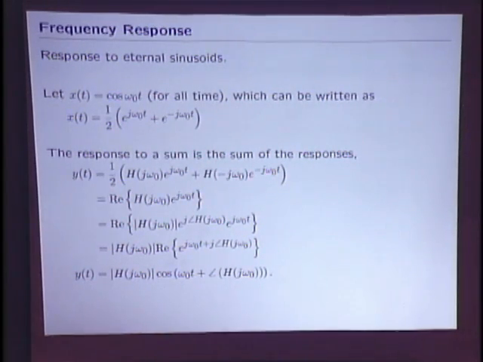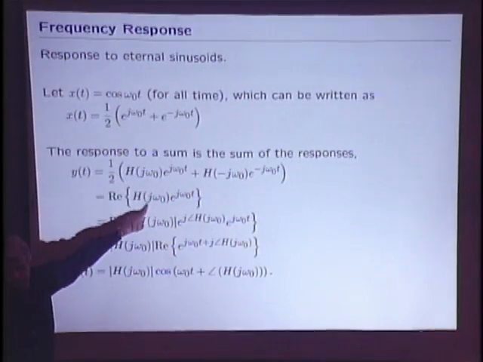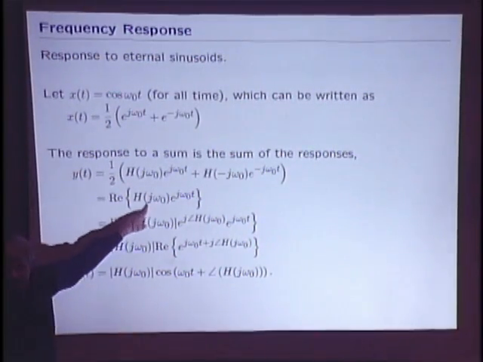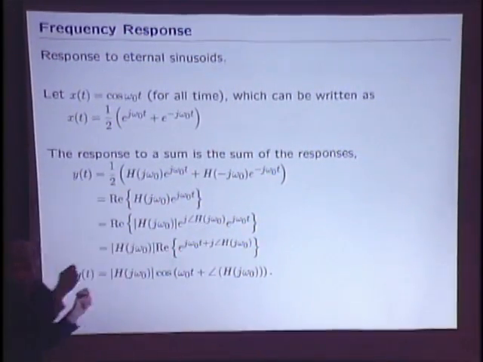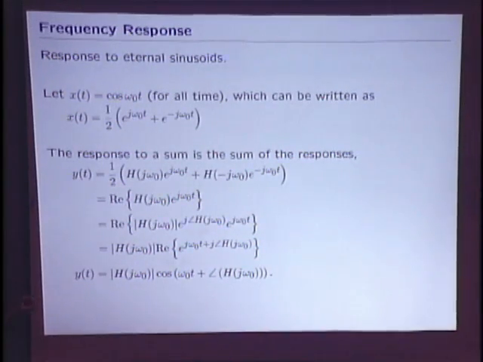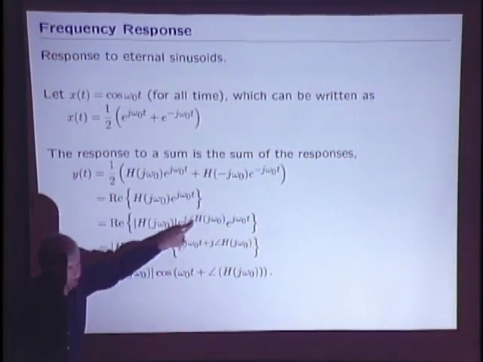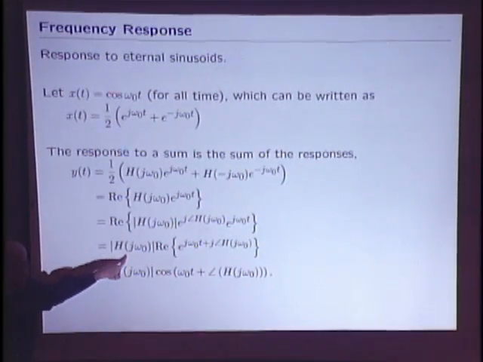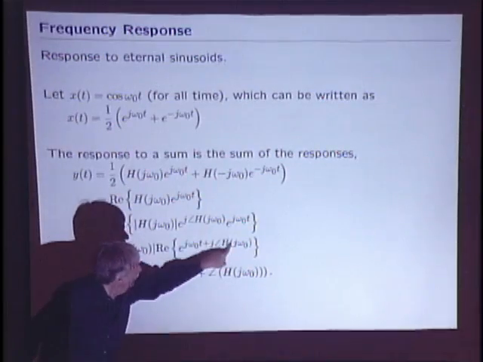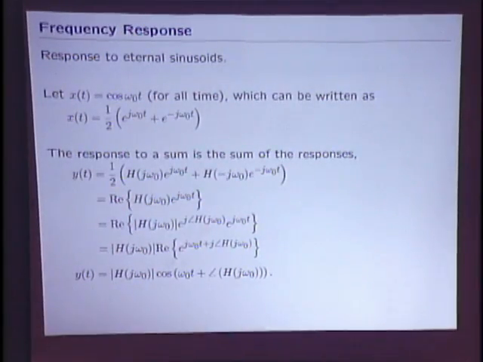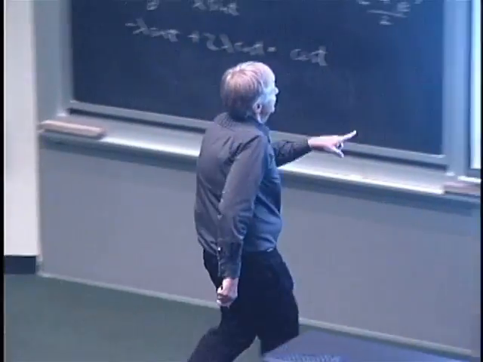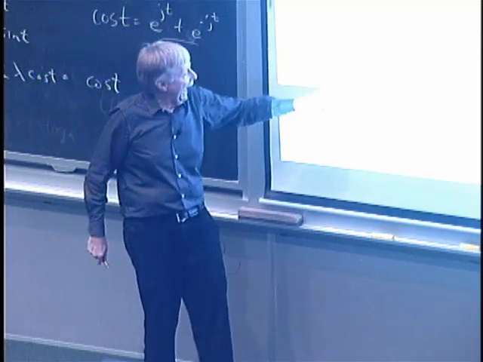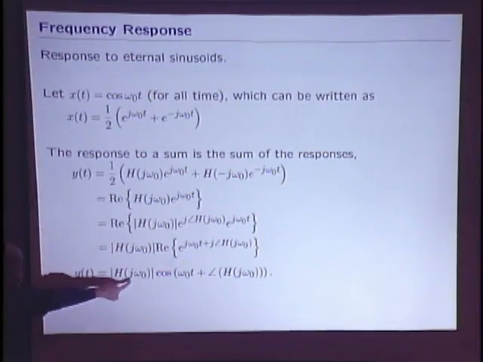Then this eigenvalue, the system function evaluated at j omega naught, has a magnitude and an angle. If I write the system function in terms of its magnitude and angle, I can factor the magnitude out of the real part and combine the angle by Euler with the angle that generates the cosine wave, j omega naught t. And I'm left with my final answer that you can compute the output as the magnitude of the system function evaluated at j omega naught